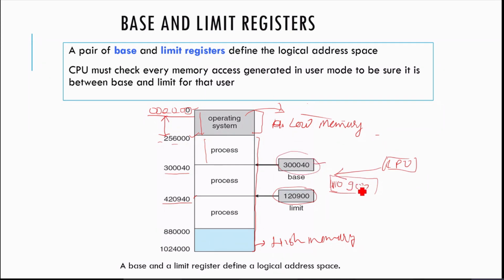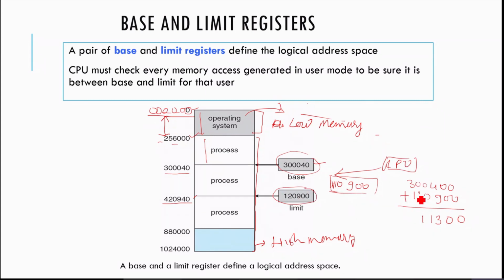Okay, it is greater, so one condition is fulfilled. Next I will check if I add the base register, plus the address generated by my CPU, 110900. I will add up this one. So how much do I get? 4913, and here we'll get 1 and 3, what is that, 2, it was 2, no?